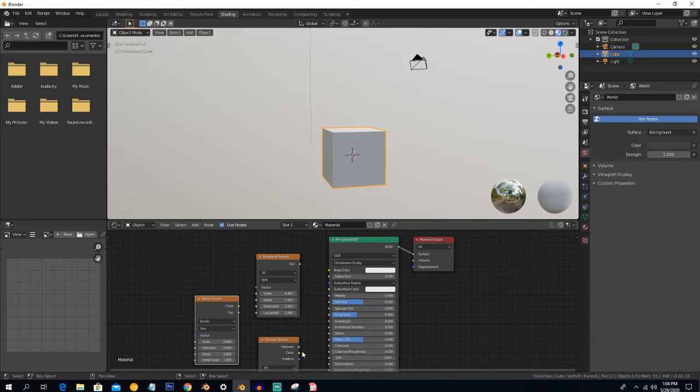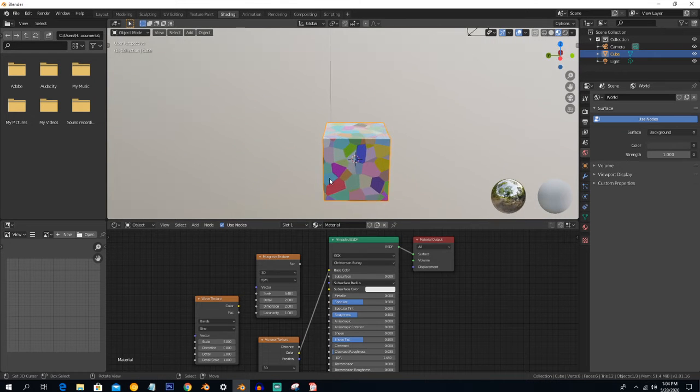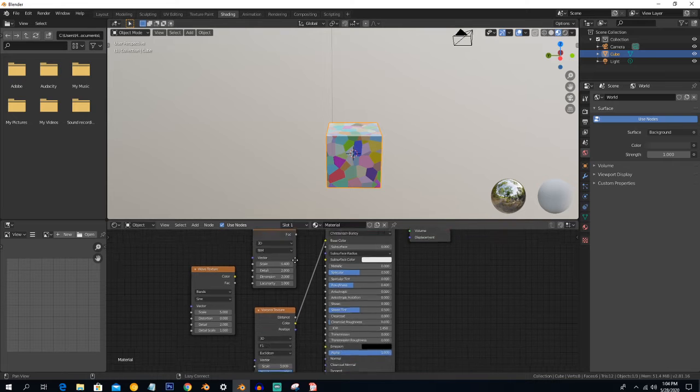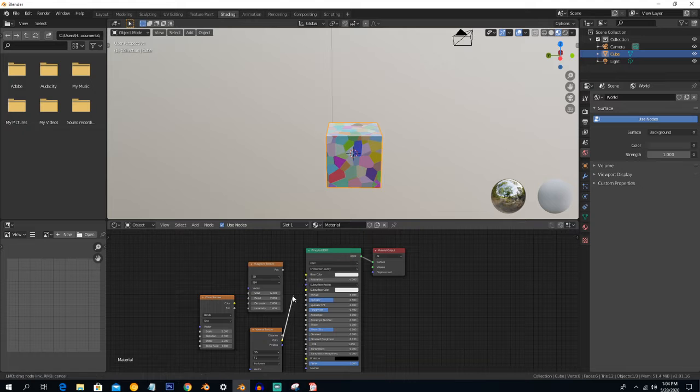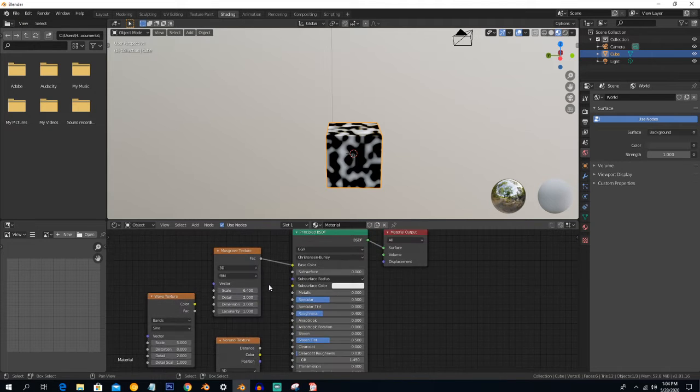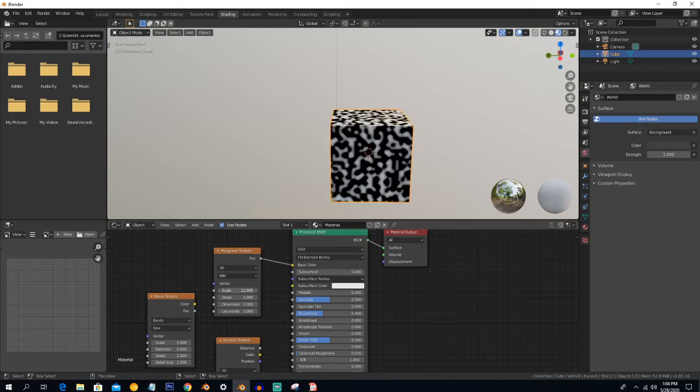So for example, if we put this color value into this value, you can see a texture is generated here. Similarly, you can create any other texture using it like this, and also you can scale this texture infinitely without losing any resolution.